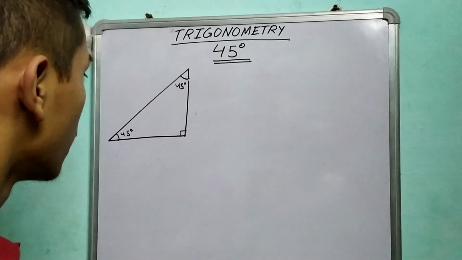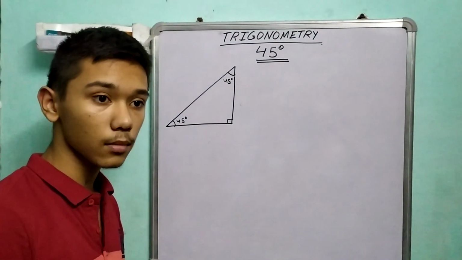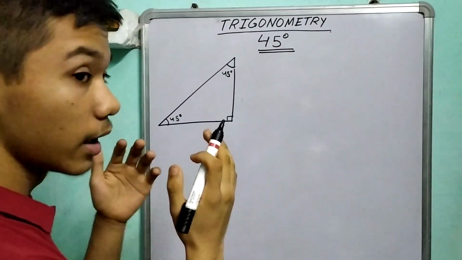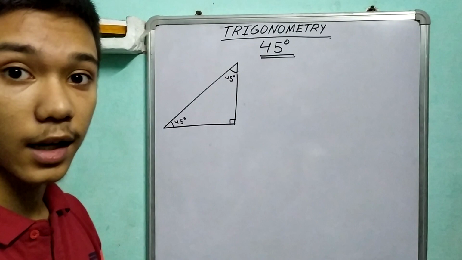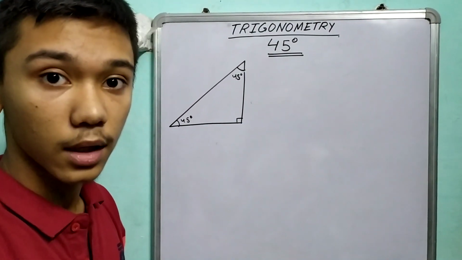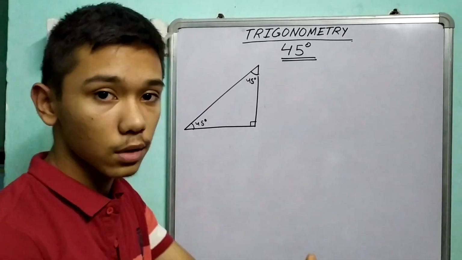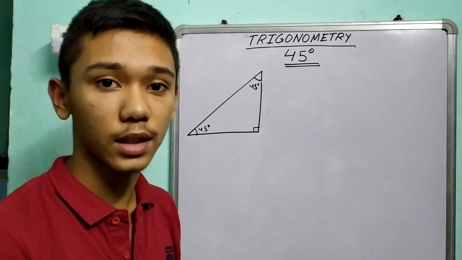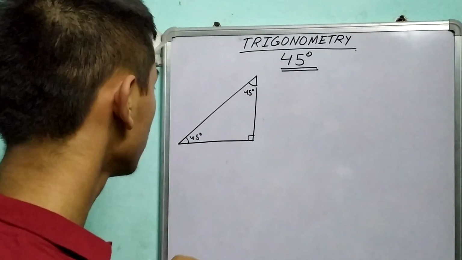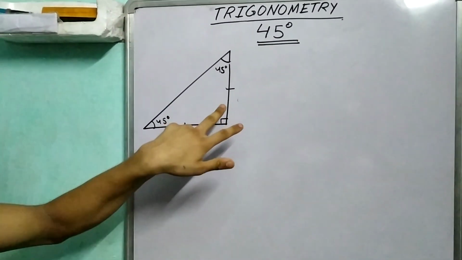Easy enough. Now, if you remember our first video, what did I say? If two angles of a triangle are equal, then the opposite sides must be equal, right? It is a property of an isosceles triangle, and you can go ahead and prove it yourself using some basic congruency properties. This was the thing I mentioned in my first video, so I told you it would be useful. So these two sides will be equal.